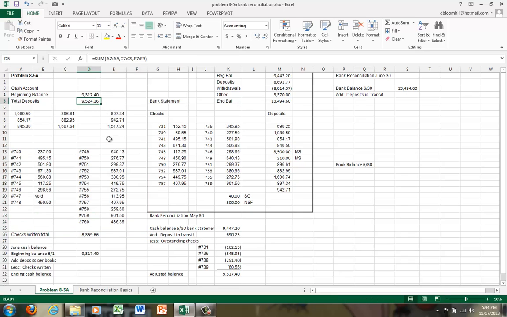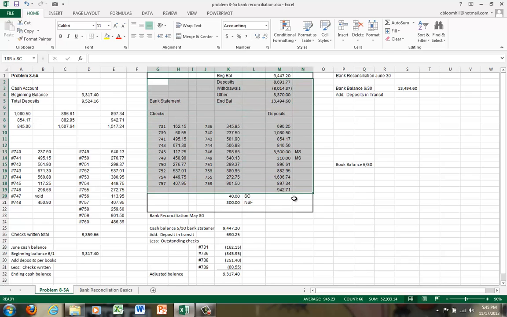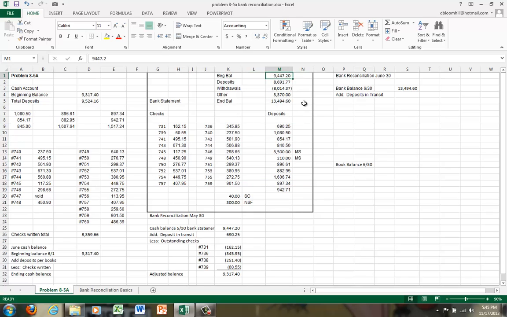This is the total of all of the deposits per our books. This is the total of all the checks written per our books. In this box over here is our bank statement. So at the beginning of May, we started with a balance of $9,447.20. The bank shows these total deposits. MS stands for miscellaneous collection. Bank shows those total deposits,